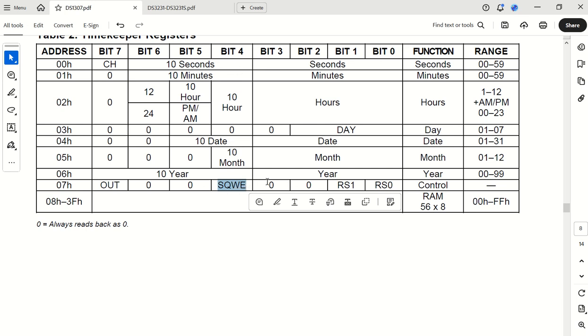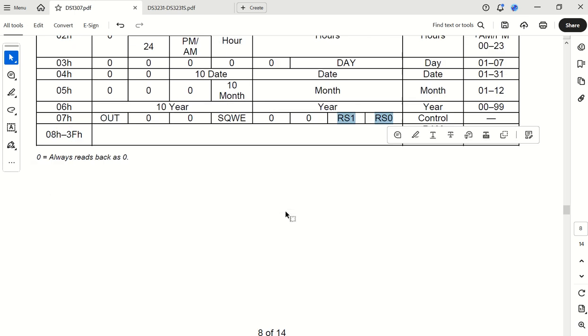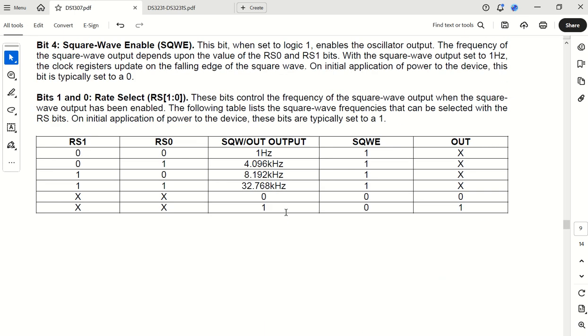You make it a 1, you will generate the frequency, and the frequency can be determined by the values of bit 0 and bit 1 in the same address. Here it is, RS0, RS1, depending on what you've got here. You can generate a 1 Hertz or a 4 kilohertz or an 8 kilohertz or a 32 kilohertz.